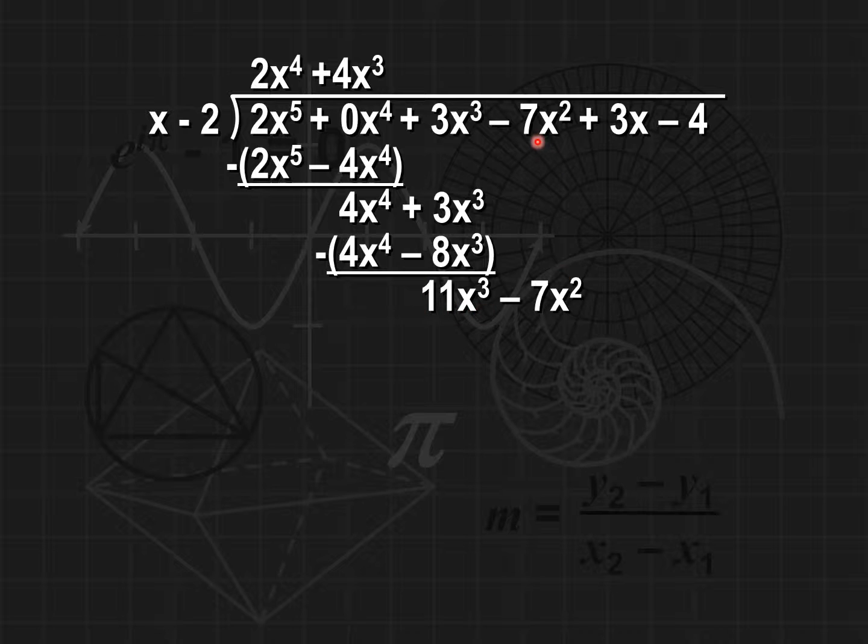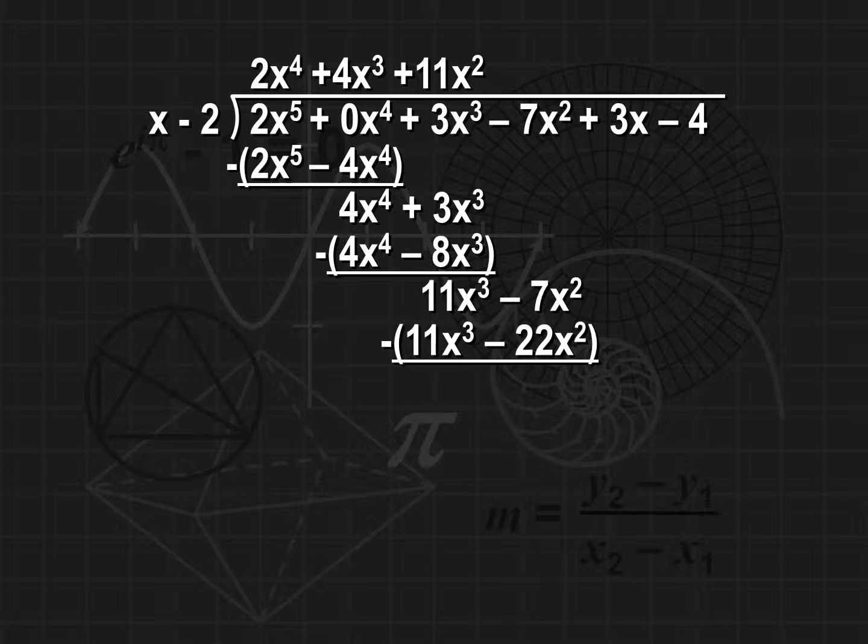We bring down our next term, which is minus 7x squared. So we think, what can I multiply x by to get 11x cubed? I have to multiply by 11x squared. So 11x squared times x is 11x cubed. 11x squared times negative 2 is negative 22x squared. I'm subtracting that, so negative 11x cubed, and then I get minus negative 22x squared, which becomes plus 22x squared. So negative 7x squared plus 22x squared becomes 15x squared, and then I bring down my next term, which is